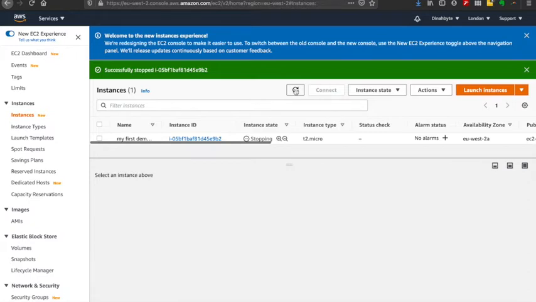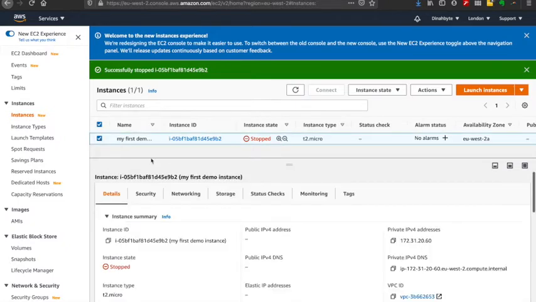We'll refresh now. There, it stopped. So now we've lost our public address, and the private IP is still the same. If we restart it now,